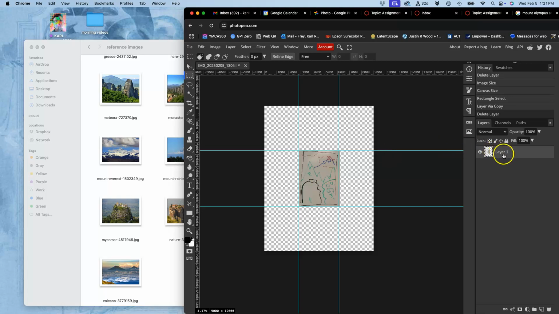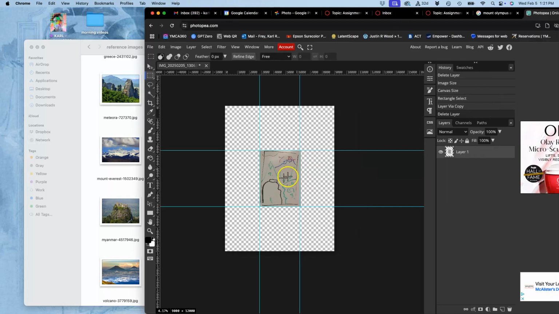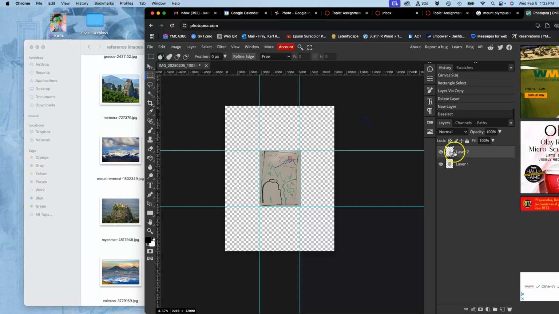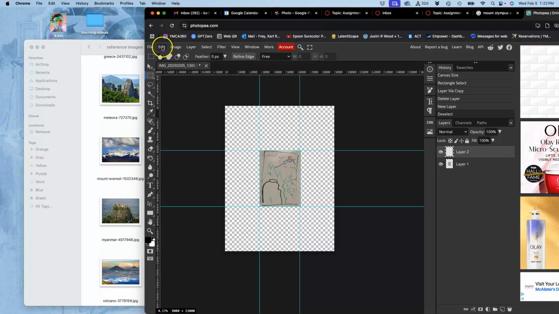Okay, now we're going to do another thing, which is make a new layer, a new blank layer to put behind our piece of paper. We're going to create our desk surface. The new layer is like a Post-it. And we can also go to Layer, New Layer. It just takes a little bit longer. And now we're going to do this command, which we're going to do a lot in the class, when we want to fill a selection or a layer with a solid